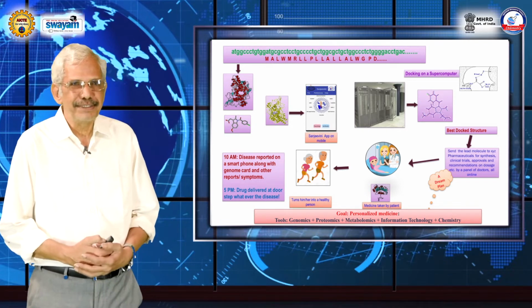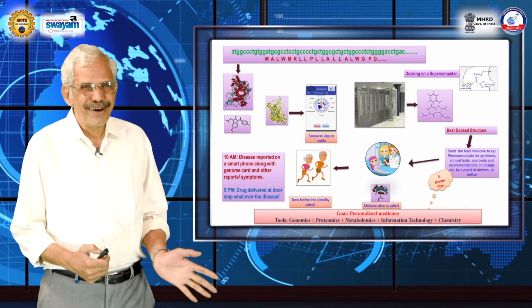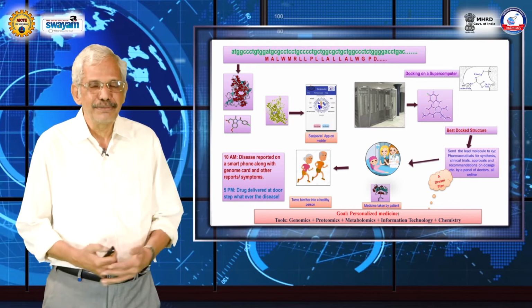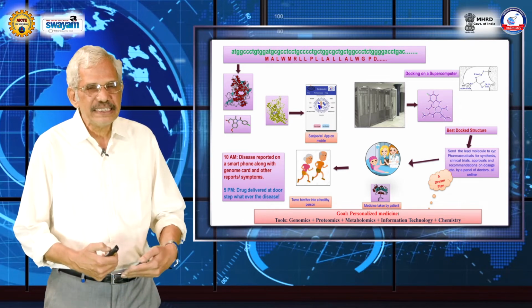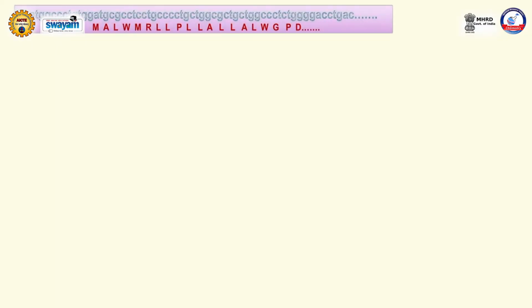I call this a country path today, but tomorrow it will be like an expressway, Delhi to Agra with 16 lanes and cars zooming past and so on. How do we sketch this boulevard? So I start with the genomic information, and from it, I decode and put together the protein coding regions. So I have M, A, L, W, M, etc.